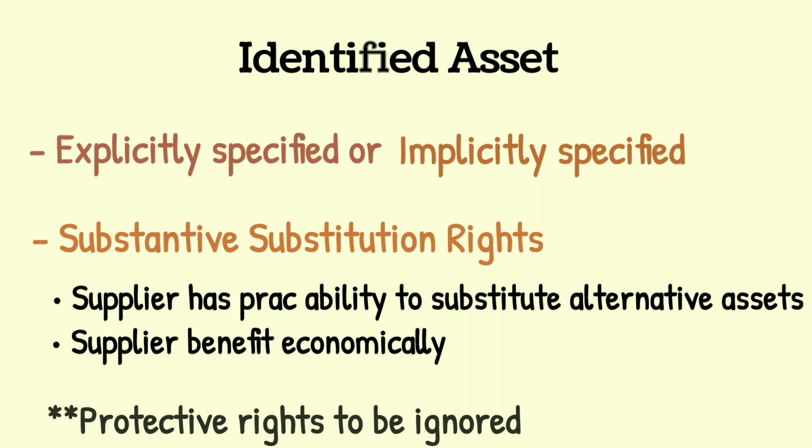If this right is available only after a particular date, then we can't say that these rights are substantive. The NDS has also clarified that customers should presume that a supplier substitution right is not substantive when the customer cannot readily determine that the supplier has a substantive substitution right. Also, if there are certain contract terms which allow or require the supplier to substitute the alternative asset only when the underlying asset is not properly operating, like a normal warranty provision, then in that case it would not create a